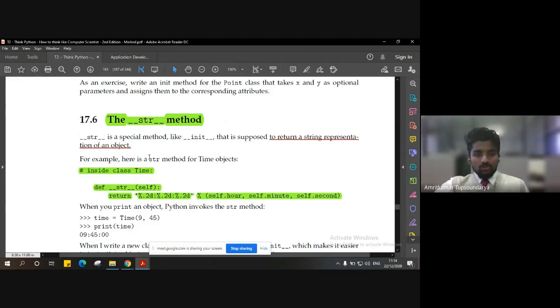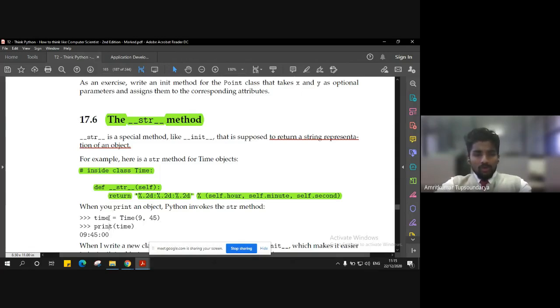Just to give you an example, this is the same way to declare the method. Inside class time, we are defining the str method, that is two underscores str, then again two underscores. And we are defining the return value for that, the integer value. The way to declare remains the same, that is self.hour, self.minute, and self.second. Well, self is the subject here. If you can recall from the previous class, we discussed what a subject is.